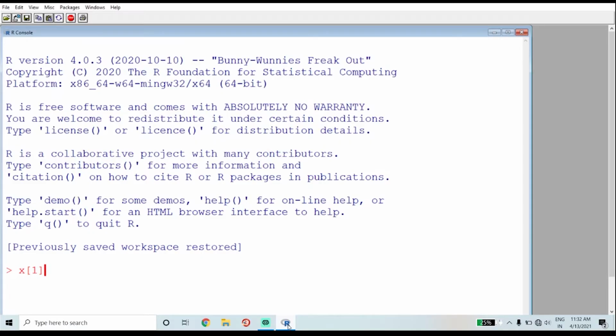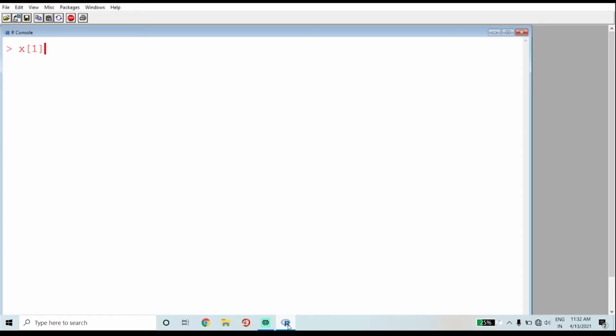Now let's learn how to access or index data in R. First, clear this console. First I am assigning elements from 2 to 12 to a vector x. So x is equal to 2 colon 12. Press enter. We will get the output as 2, 3, 4, 5 etc. up to 12.